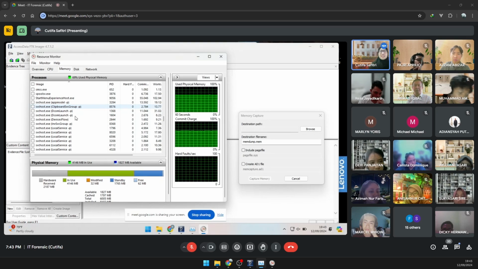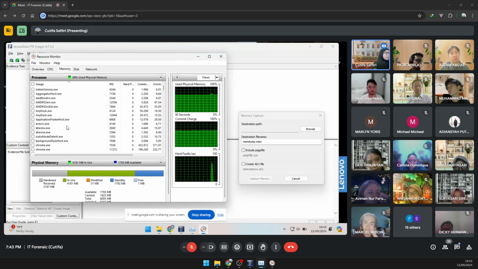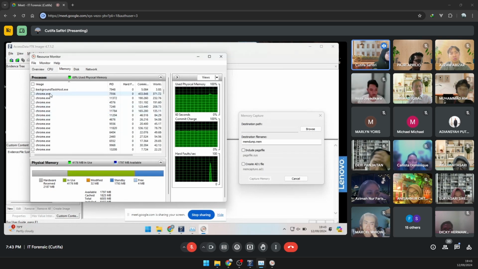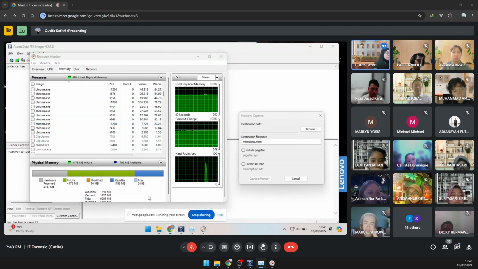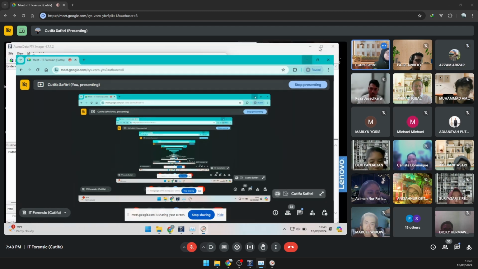So when we check your memory and find an activity called service host, it looks like a Windows task, but it is actually not. I have runtime broker here and so on. See here, Chrome 1, 2, 3, 4, 5, 6, 7, 8, 9, 10, and so on. But I only opened one tab. Chrome, come on.